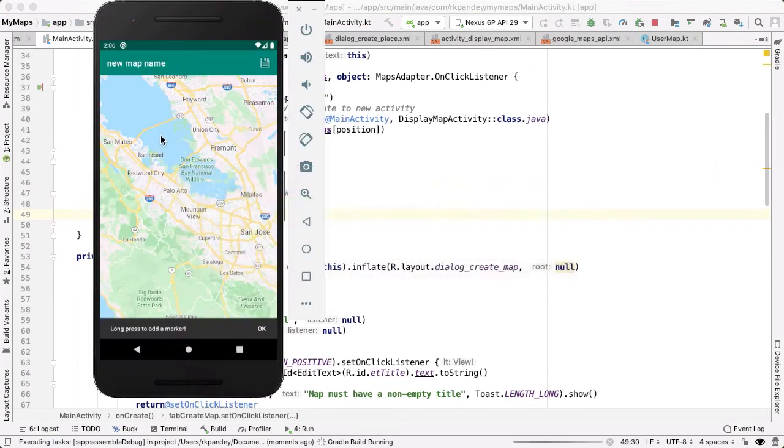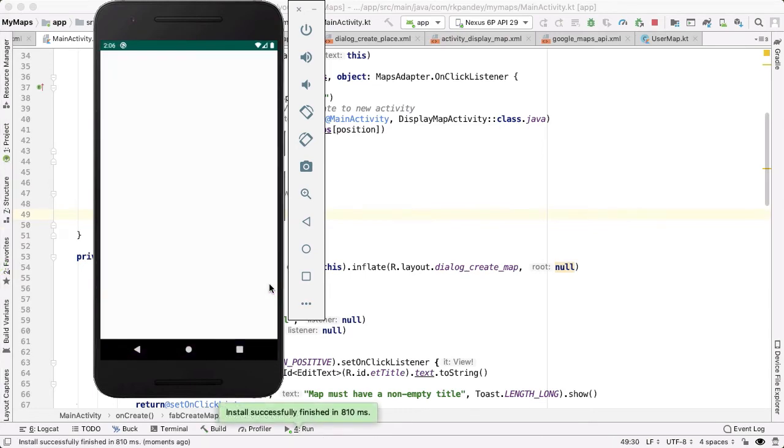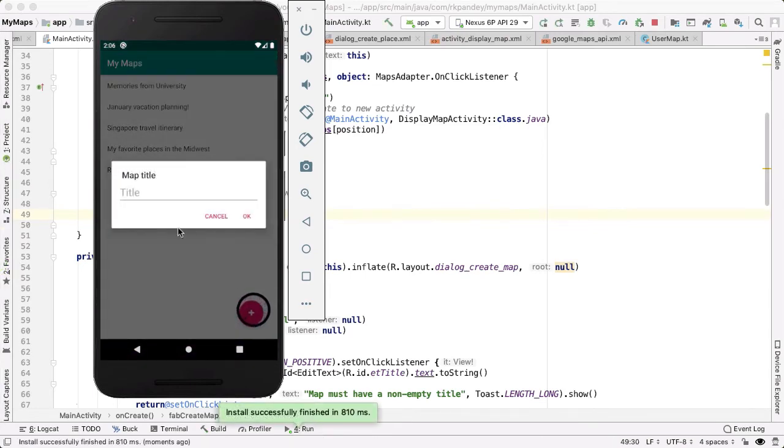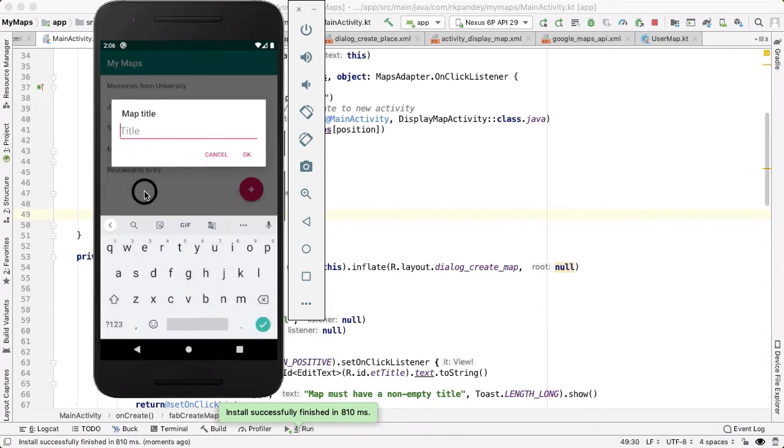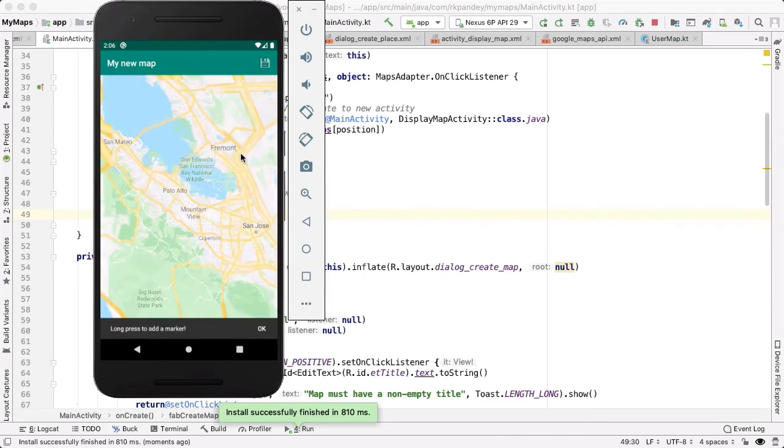Let's try it. So now instead of navigating directly to the create map activity, we should first see a dialog, and it asks us for the title, so I'll call it my new map. And you can see that the title of the action bar does update properly to show my new map, and if I